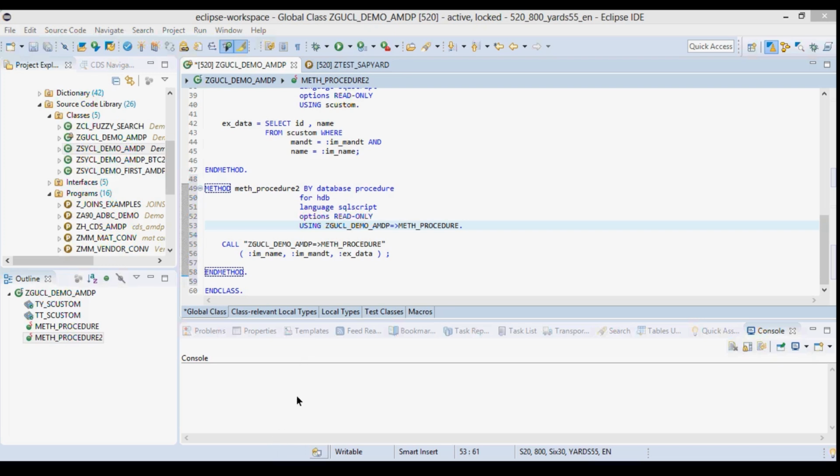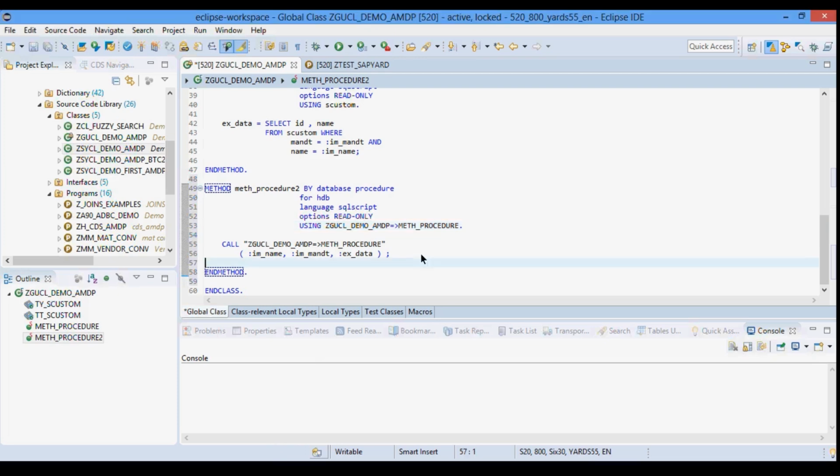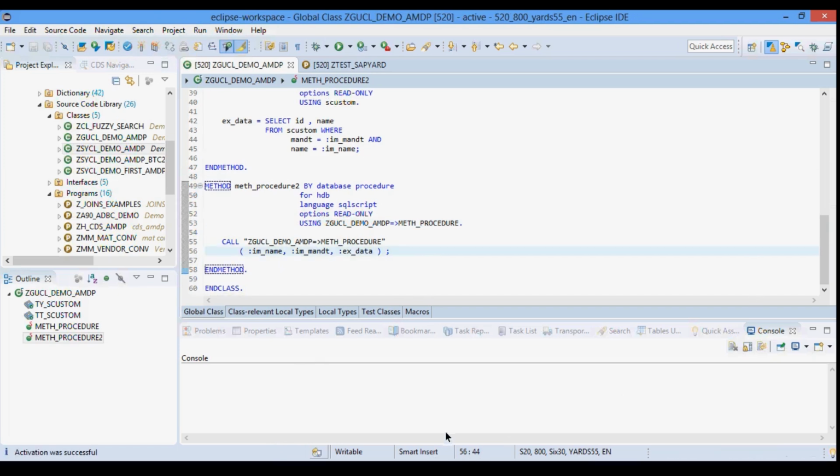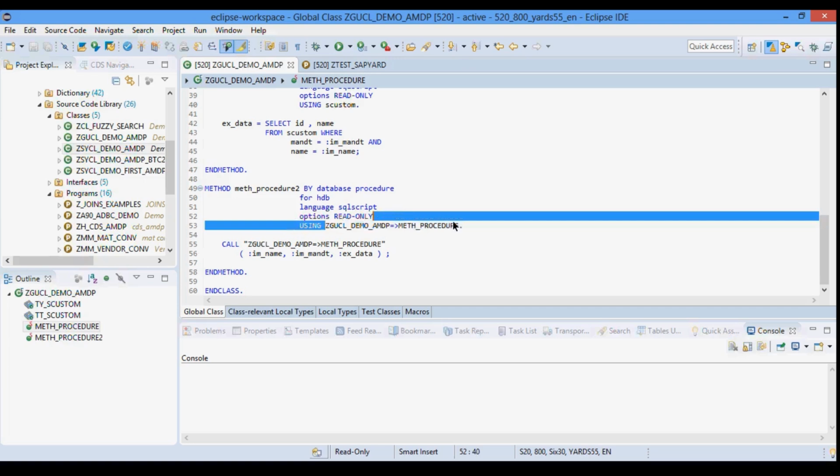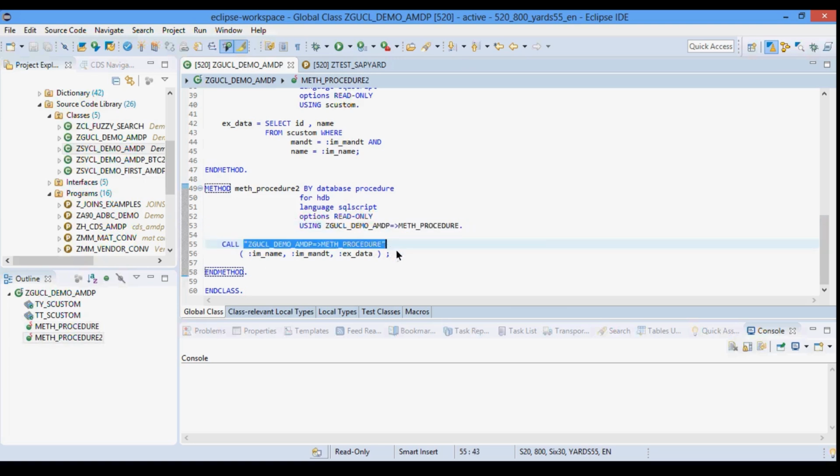Let me just reshare it, but it's strange. Are you able to see now, Sarah? Okay, great. So this is also how you can make use of your AMDP method, using this method procedure and calling this procedure.